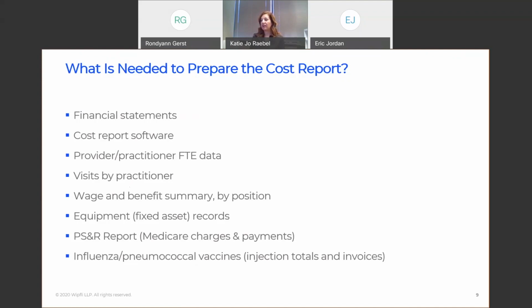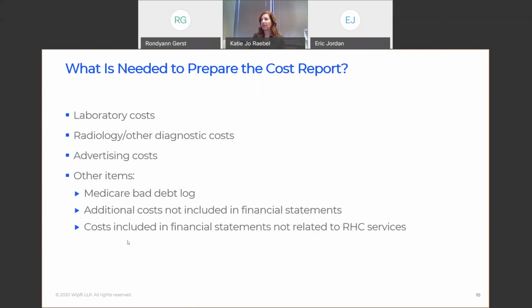We need that. And then again, on the flu and pneumonia side, in order to claim our flu and pneumonia vaccinations and get paid on the Medicare cost report, we have to have injection totals and we have to have invoices in order to come up with the cost per injection. Some other items on the non-RHC side, we look at laboratory costs because we have to break those out differently. We have radiology costs or other diagnostic costs, advertising costs,